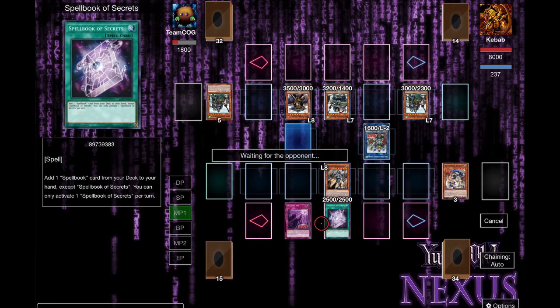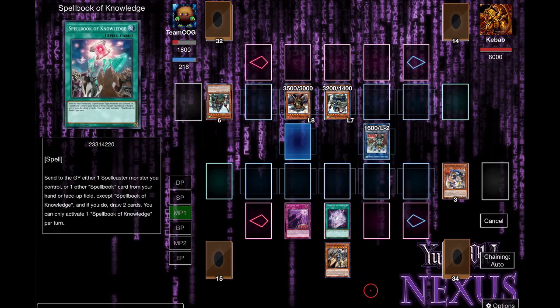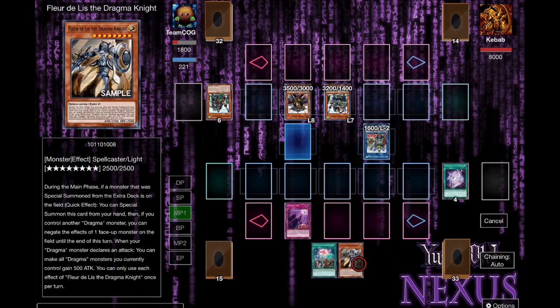So I activate Secrets, and he chains the new monster, which I believe bounces. He bounces the Knight back to my hand, which I believe he just didn't understand what the Knight did, because Knight's just going to touch back down again anyway. But contemplating what I want to do here, I think about going for Secrets, but I end up going for, no, it's not Secrets, Spellbook Tower, but I go for Knowledge, summon the Knight, and